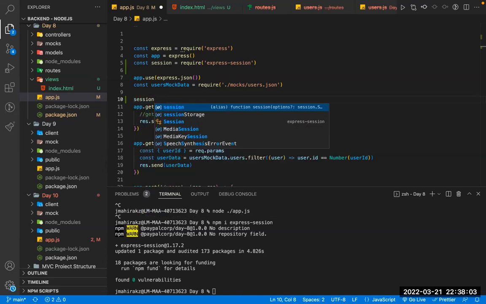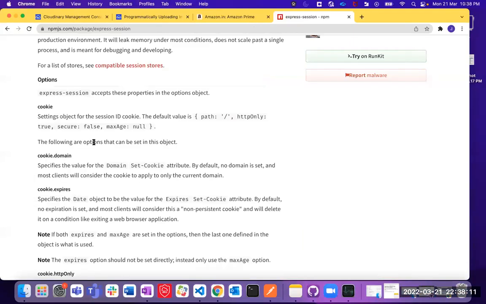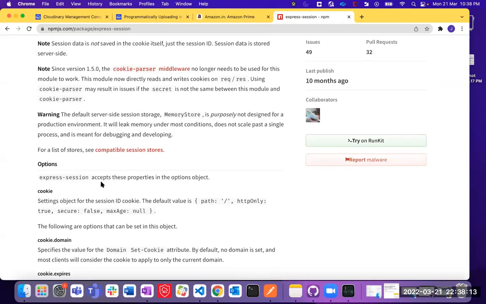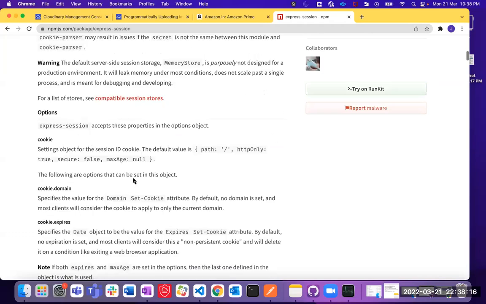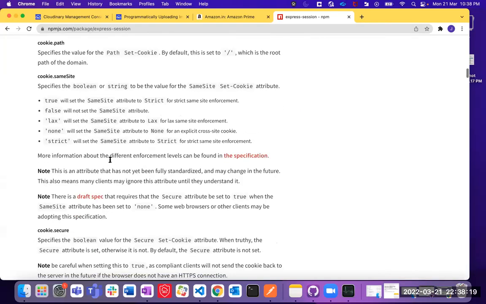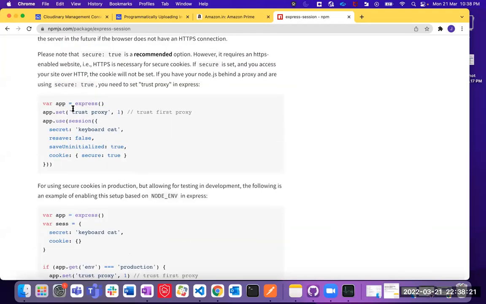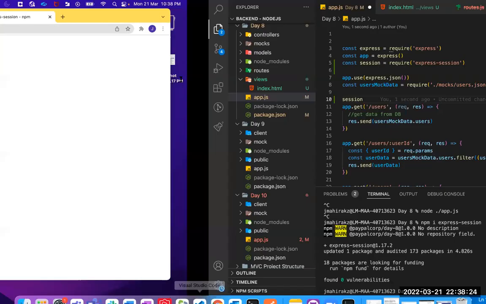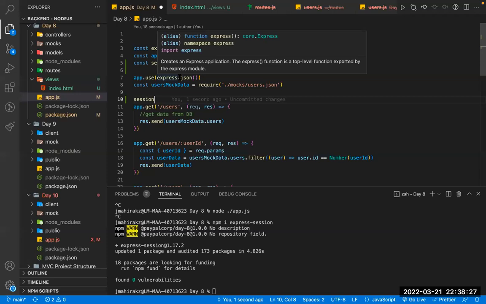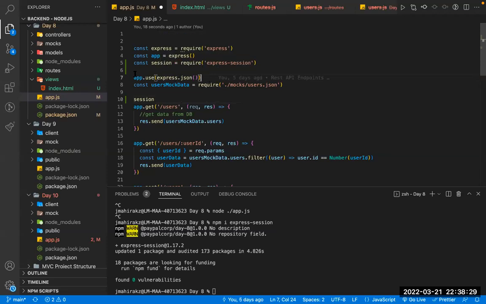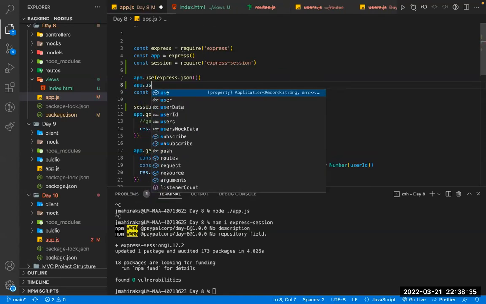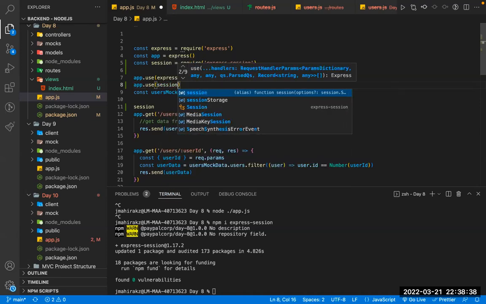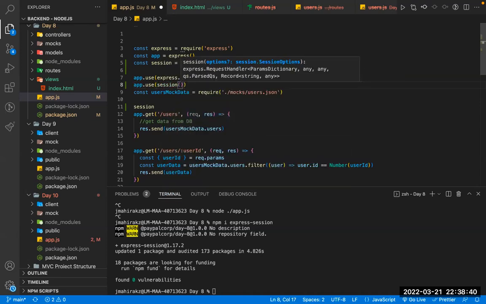Session syntax, it accepts... Go down, I should see. You should add it as a middleware. This is a middleware, right? As I told you in the description of the library package, it is a middleware. So how do you add middleware? Similar to how you added the other ones, right? Just simply use app.use and then call this package function. Inside that,